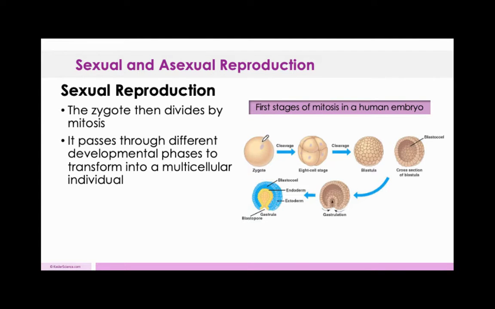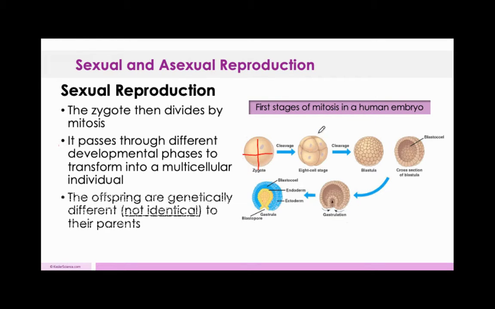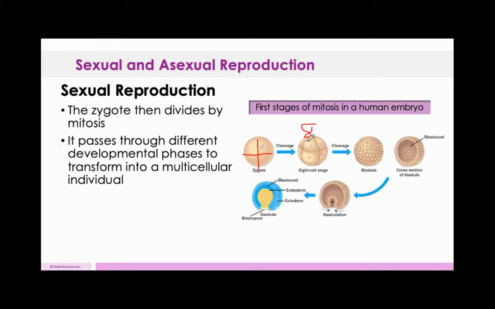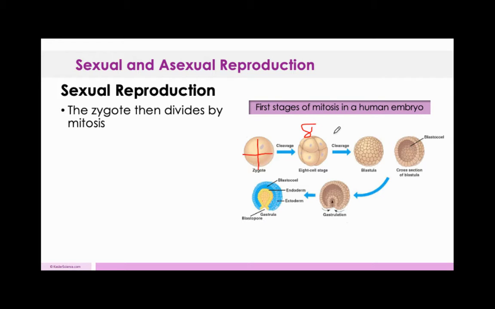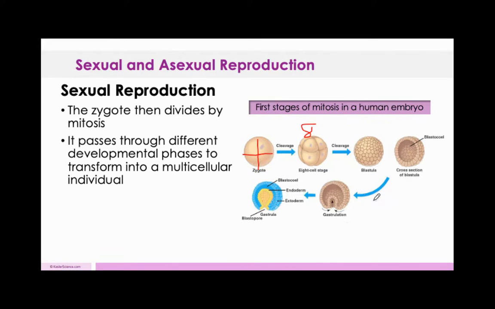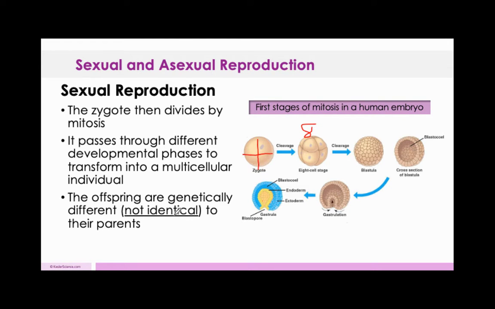So then you're going to have the zygote that's going to split. It's going to split into 2 cells, and it's going to split into 4 cells. And then like you see here, it's going to have 8 cells. And then here it's just going to keep on going. So it'll go from 8 to 16, 16 to 32, 32 to 64, so on and so forth. Pretty soon we can't count these anymore, and this keeps getting bigger and bigger. And then it's going to start forming into a multicellular individual, and then pretty soon you're going to have a completely new organism. Now,